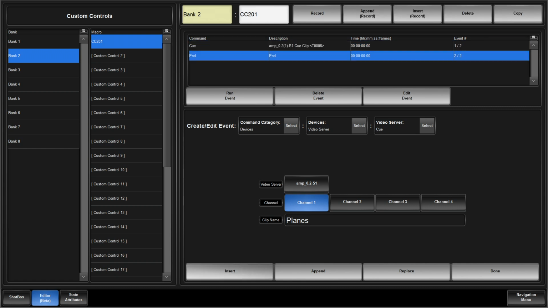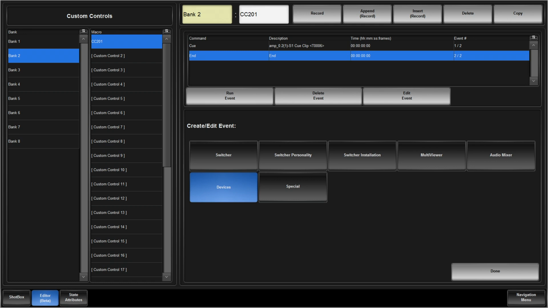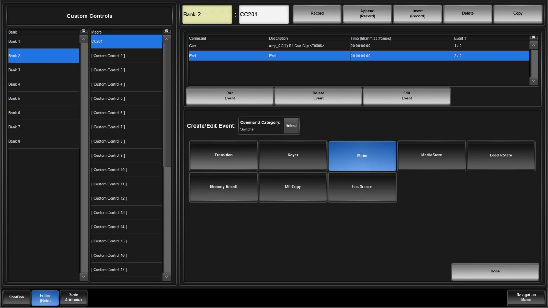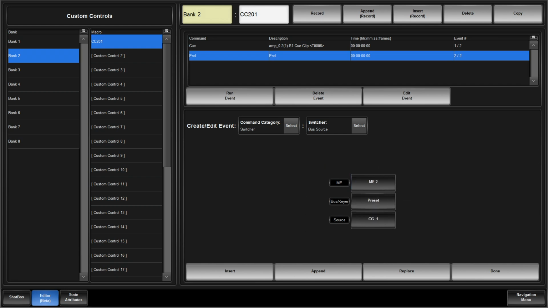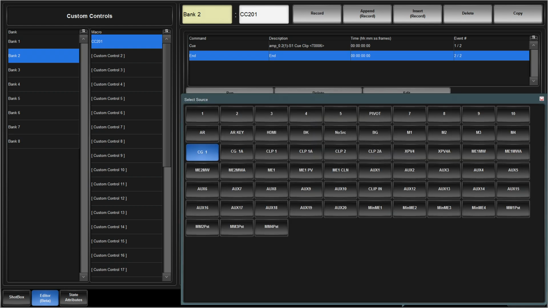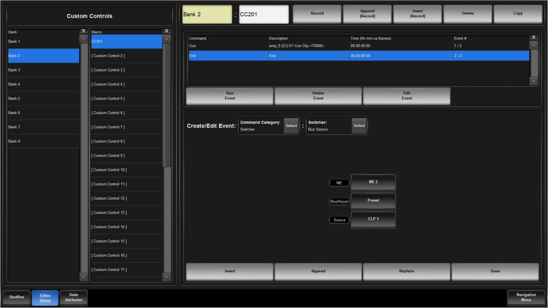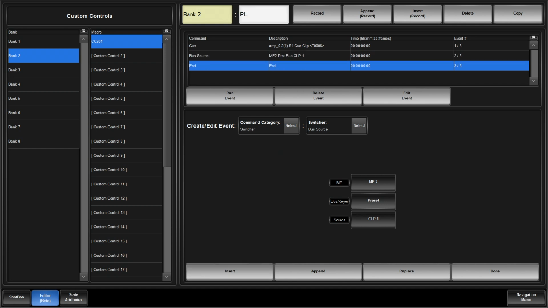Now, again, to make my life a little bit easier, I'm also going to put it on the preset bus so that we don't have to do that manually. We're going to add another event, jump back to the bottom crumble, jump to switcher, bus source, ME2, the preset bus, and we're going to pick our clip 1 channel. So go ahead and insert that event as well. Plane